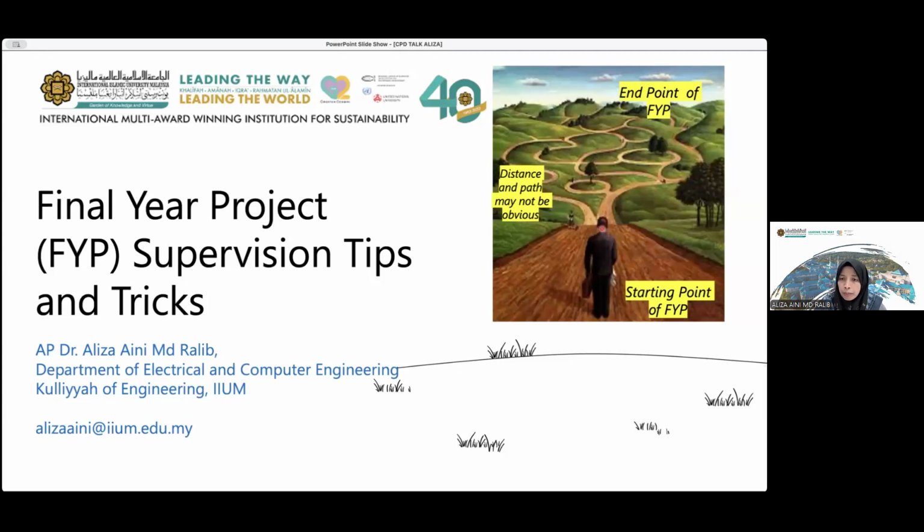The path may not be obvious. This is where I think the supervisor plays an important role to guide the students, in some sort of systematic way, and we will not leave the students behind, and guide them to the correct path towards their first step of research.